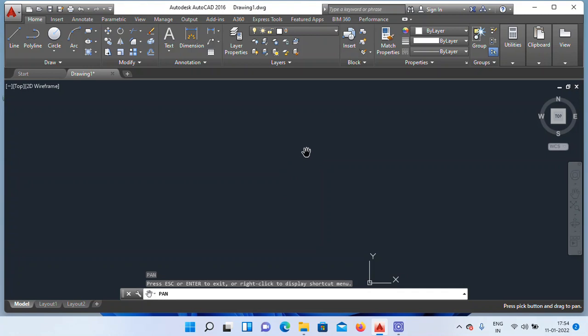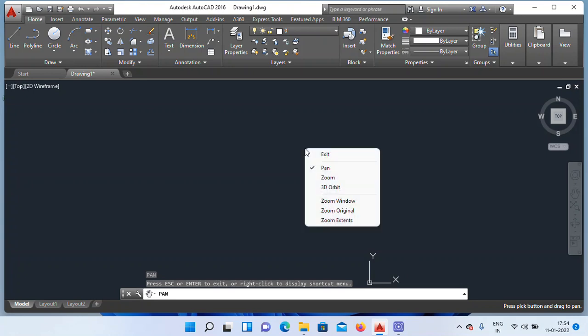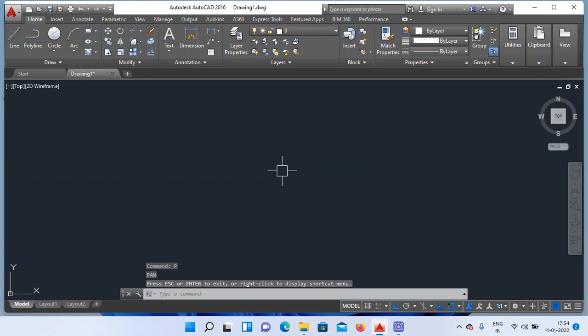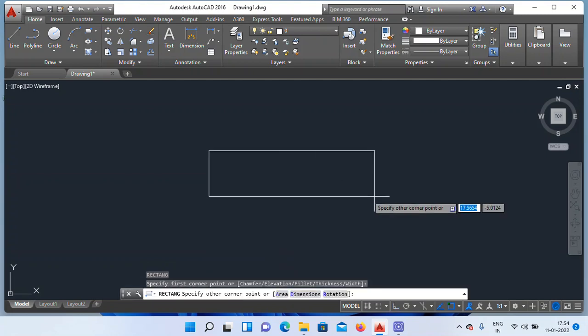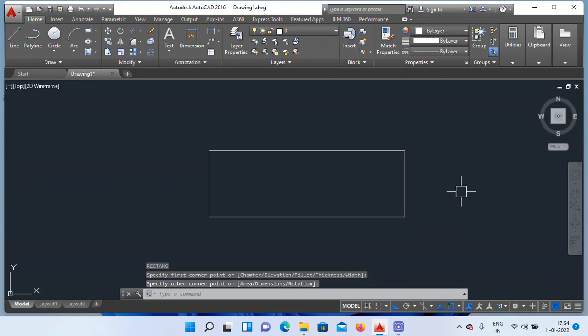How to come out from the pan? Press the right key of the mouse, click on exit. See, you may draw anything in this place. Example, rectangle, anything, whatever you need, you may draw, right?